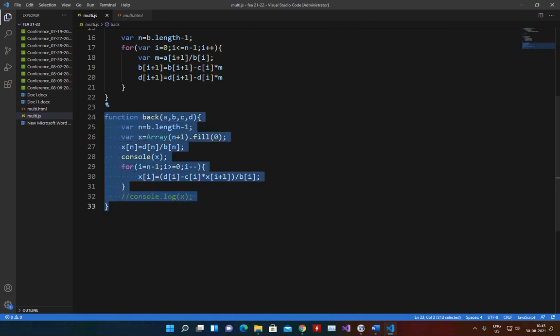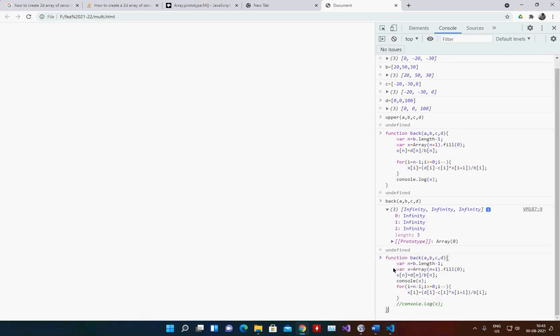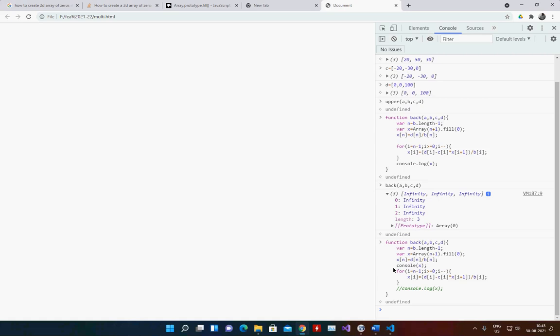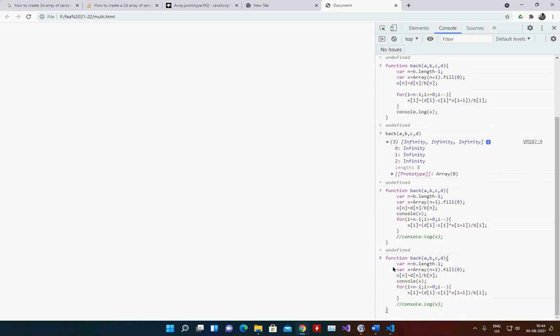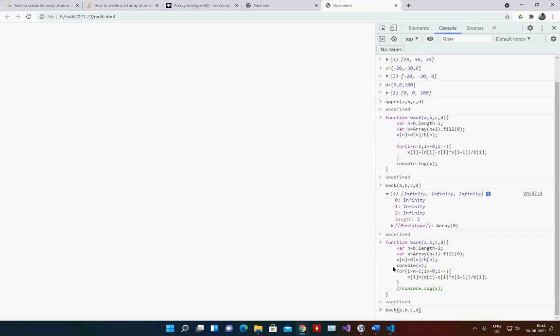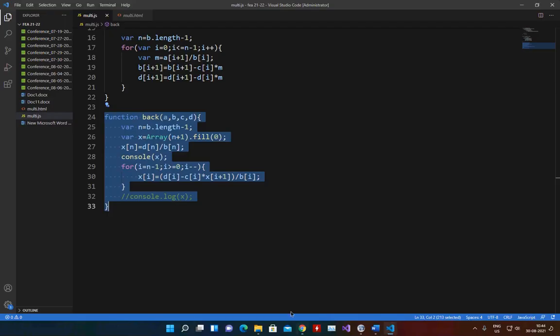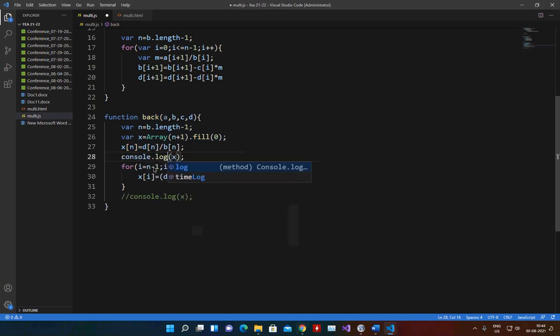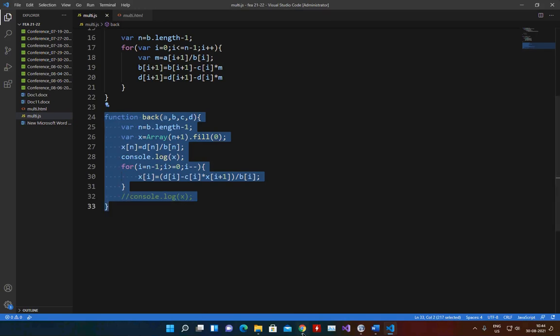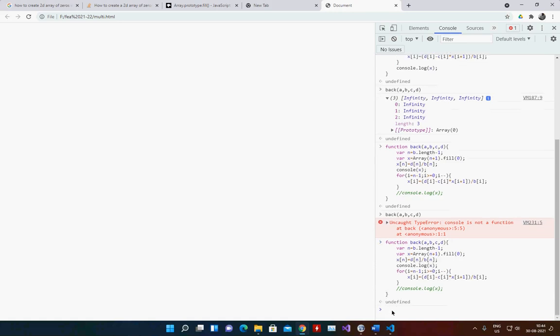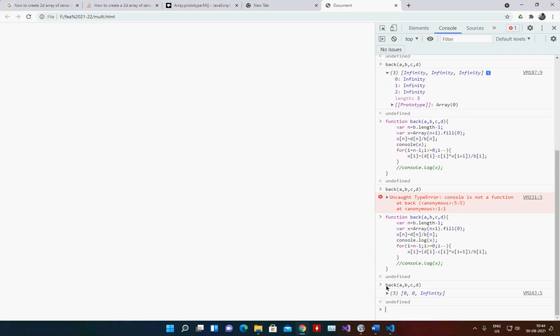On the fly I am going to change this function, then call back again and console.log.